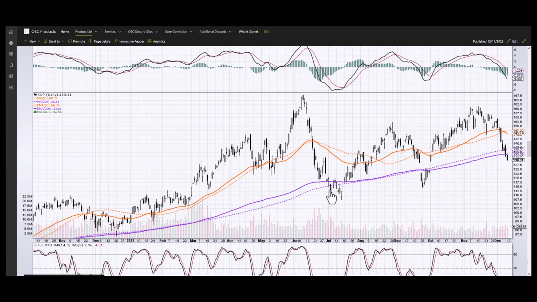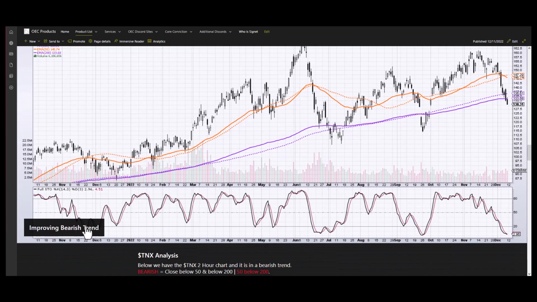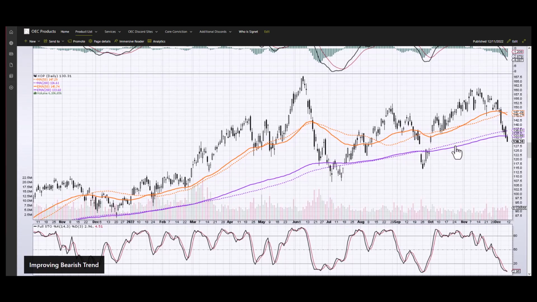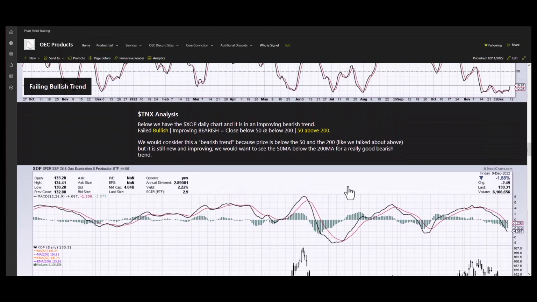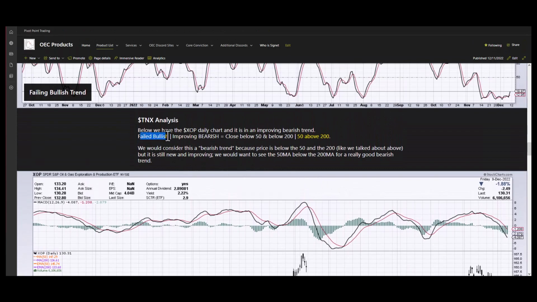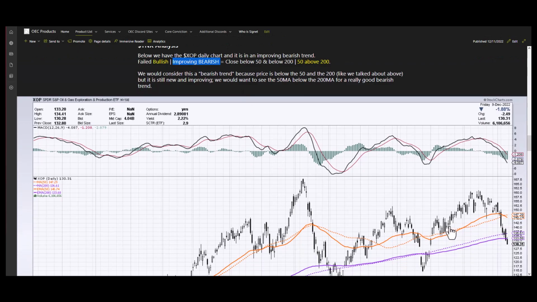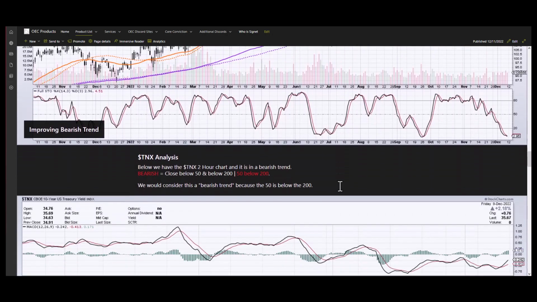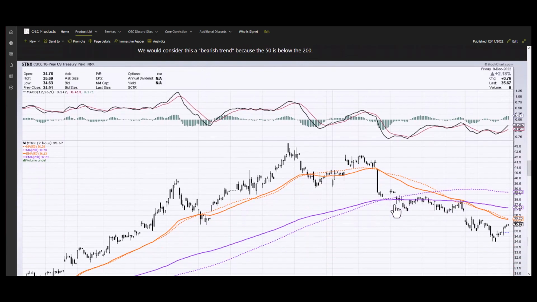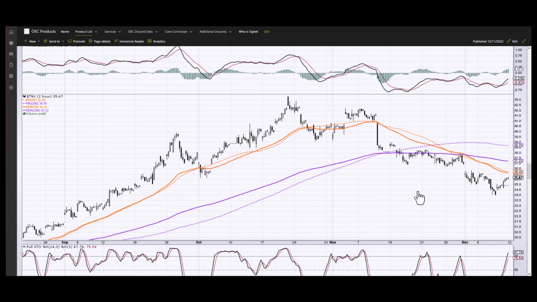Right now, this one, I like to say that it's an improving bearish trend. But we still need to put the word bullish in there somewhere because the 50 is still above the 200. So the way that I write it is that it's a failed bullish, improving bearish. And that way it still has that bullish word that matches the 50 being above the 200. But it recognizes that the bearish trend is improving with price being below both of those major moving averages. Down here, we've got a full-on bearish trend because the 50 is underneath the 200 and price is underneath both